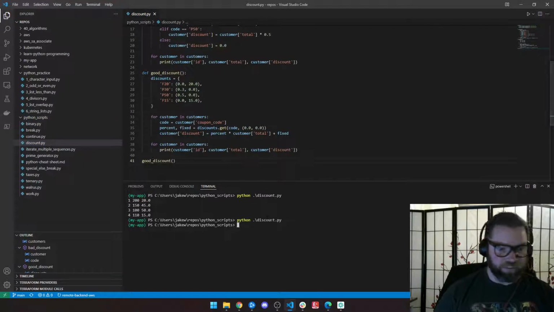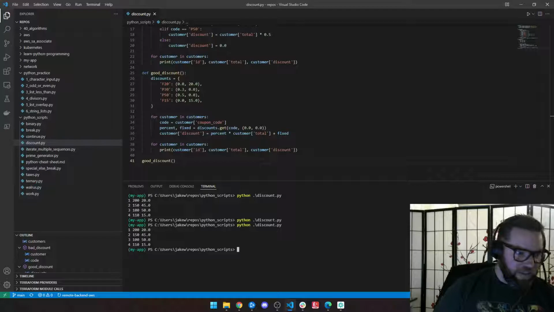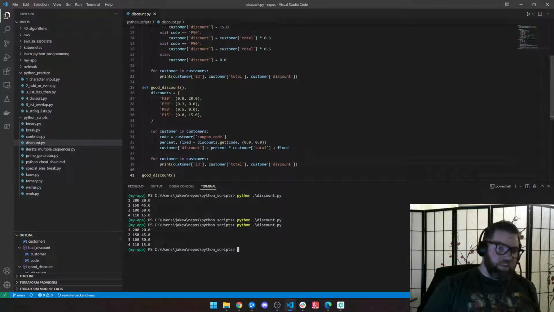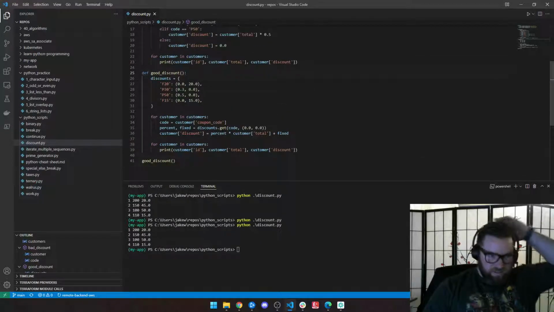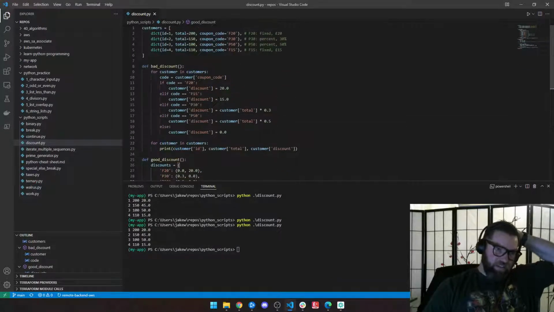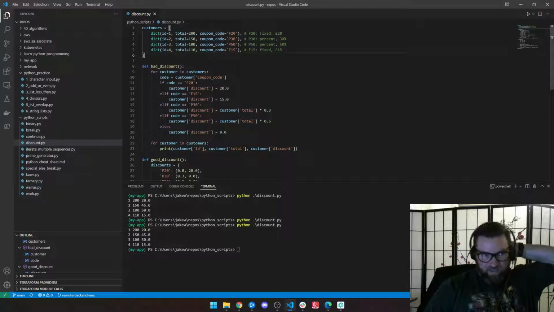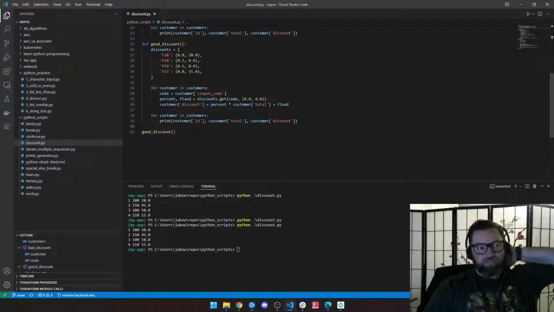Okay, call my function. Makes it work better. And we see we get the exact same result. So while this seems like bad code with if, elif, elif, elif, else, you can actually just define this object, which is easily manipulated with an API or even in a database. And then you can go through the code much more Pythonic, much easier this way, much more efficiently, and produce